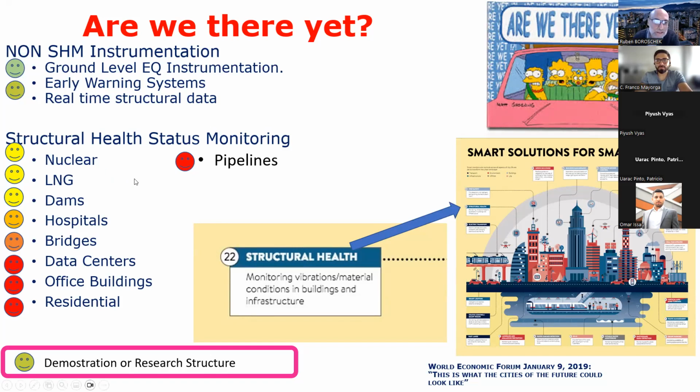So where we are using structural health monitoring, we are using it definitely in nuclear, liquid natural gas. In some countries, it's mandatory in dams. In some countries, it's mandatory in bridges and hospitals. But in general, in office buildings and residential buildings, no. With the exception of Japan, as I mentioned, that is a voluntary